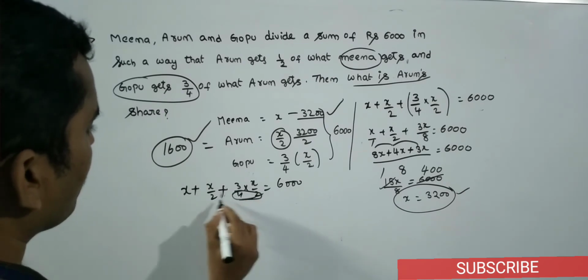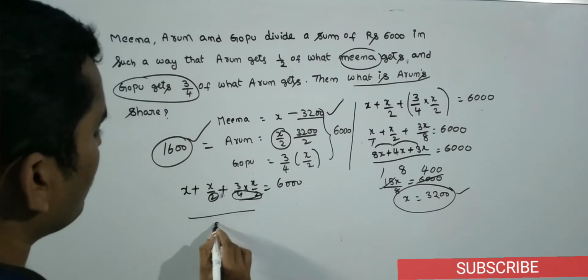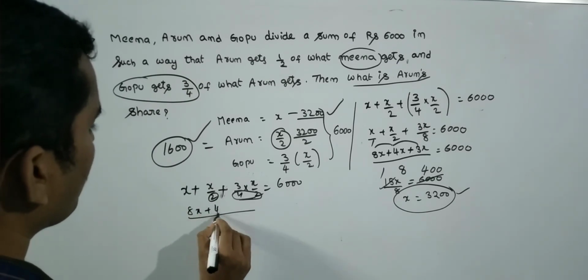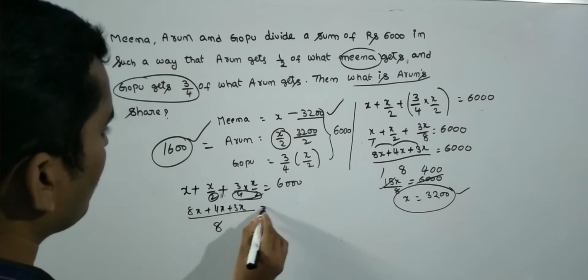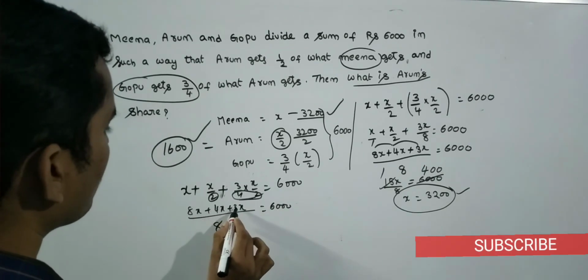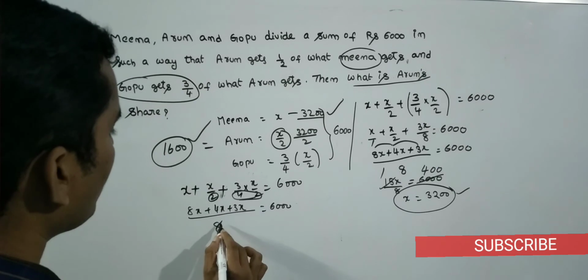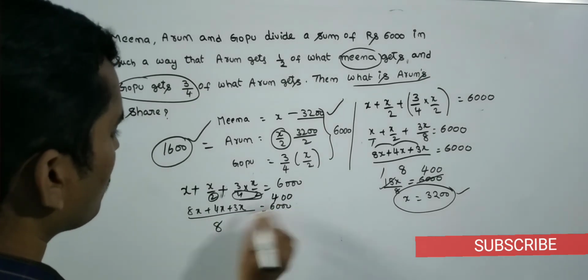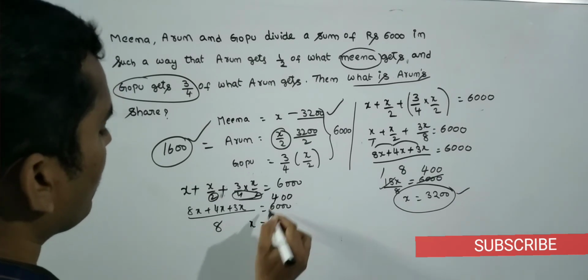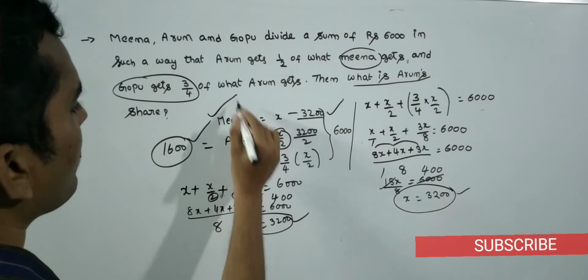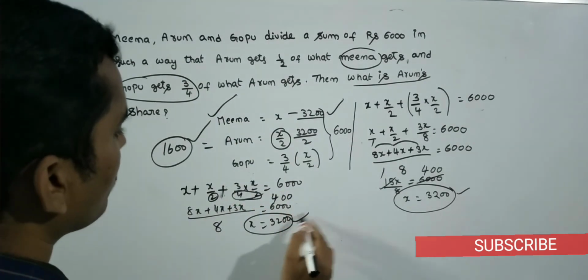Here 8, here 2, the LCM is 8. Here 8x plus 4x plus 3x equal to 6,000. 8 plus 4 is 12, 12 plus 3 is 15, 15x by 8, 15 fours are 60, 00. Cross multiplication, 8 fours are 32, 3,200. This is Meena's share. Arun's share is half of this, that means